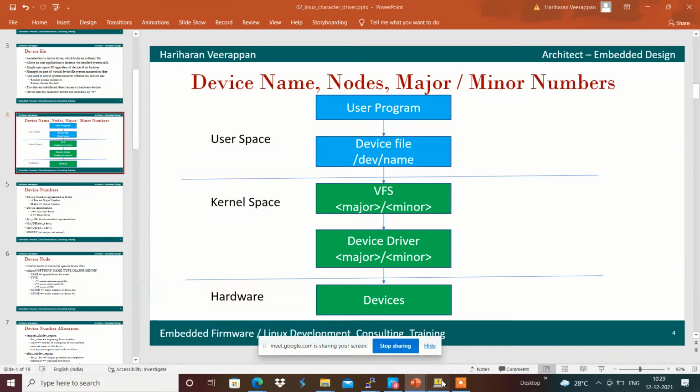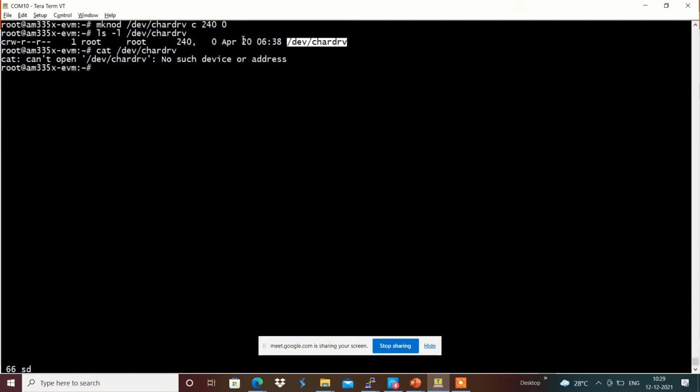Currently we have just created a simple device file over here. We have to write our own driver to provide the access. That we will see how we can create that one over here.